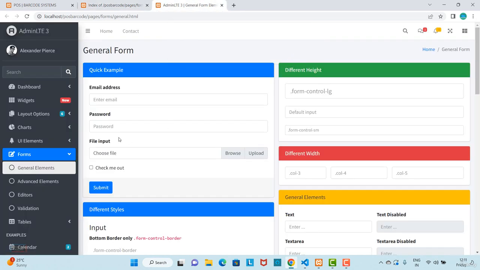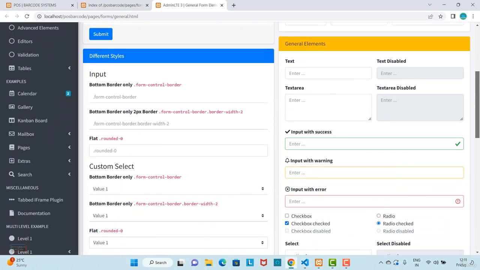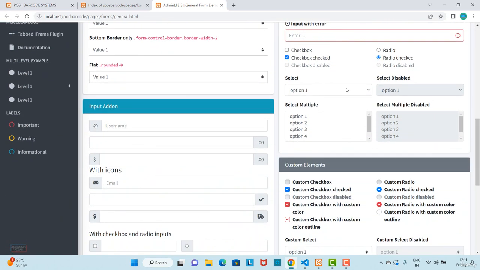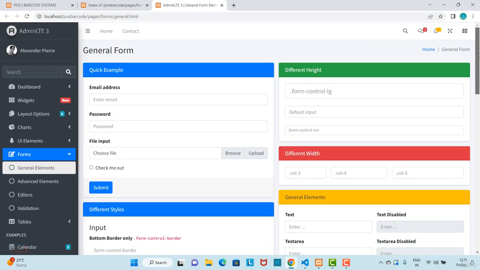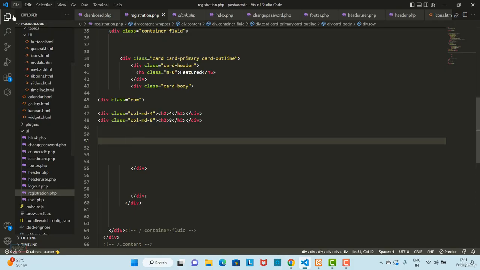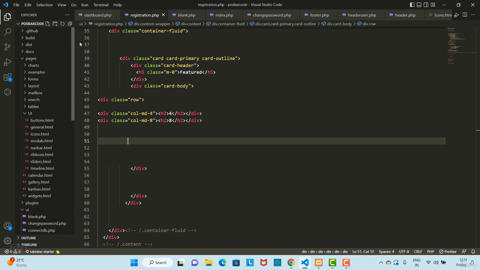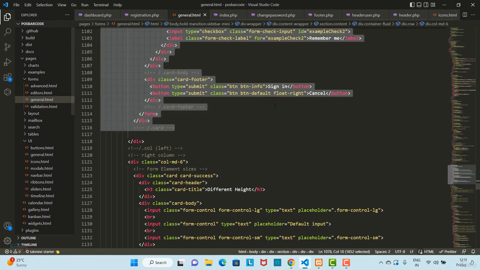And here you can see lots of forms. We can copy any form from here, and we will use this select option in our registration.php file, so we can copy that code from here. So let me open that page from our code editor. First let's go in pages, and inside the pages let's go in the form, and in the form we have general.html. So let's open this,